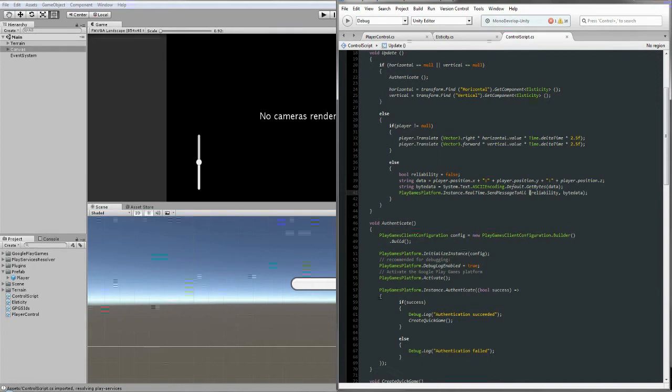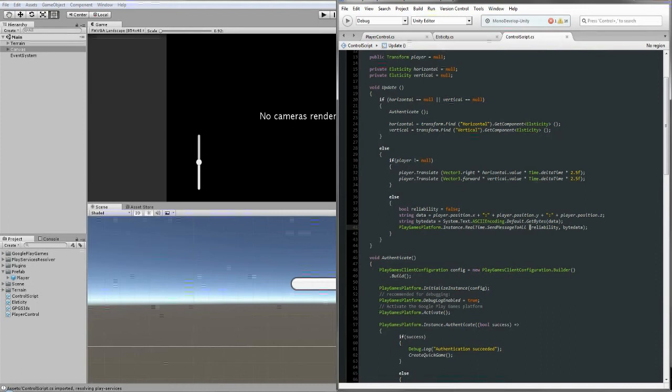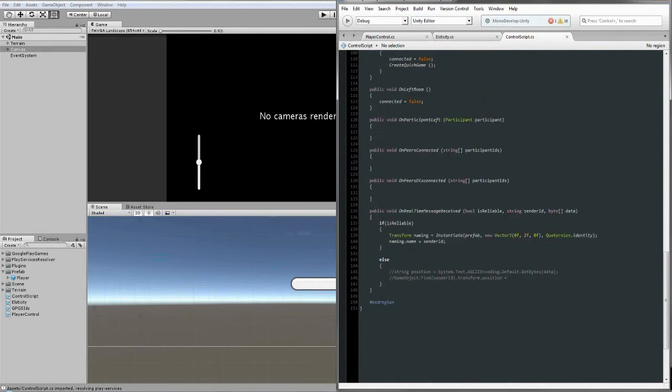So we can also have a limiter here, for example, in hertz, because by using Update, we will use all the frames. What if something like that? So I think we must have a handle, but later on. And here we should say string position is equal to get bytes of the data, and that find the GameObject of the sender ID, because we did instantiate the prefab, which is from the sender ID, and then transform dot position is equal to,